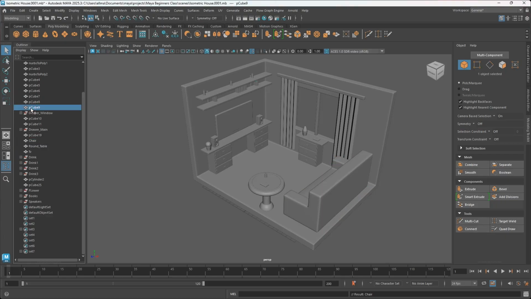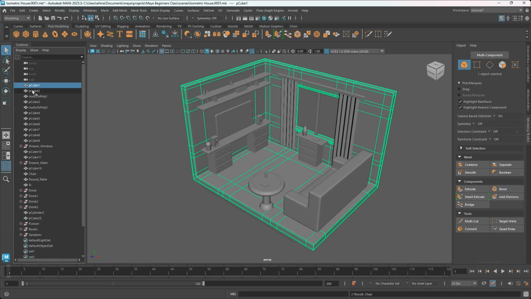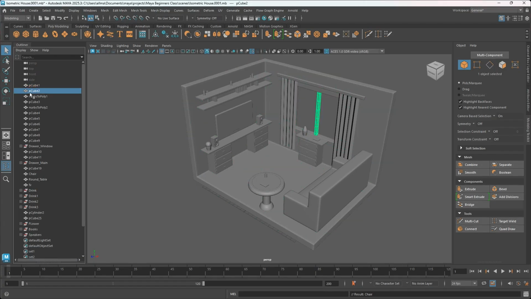Okay, so what else do we have? What is this? What are these? Okay, these are the shelves and the brace. So let's see. That is the main wall. So let's select this. That is the window brace, and this is the curtain 1 and 10. So we can just double click on this and name that curtain 1, and double click on this and name this